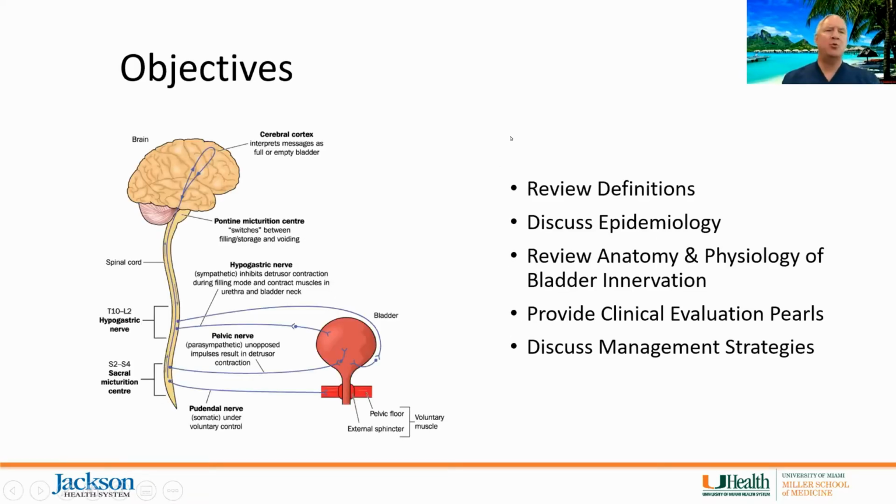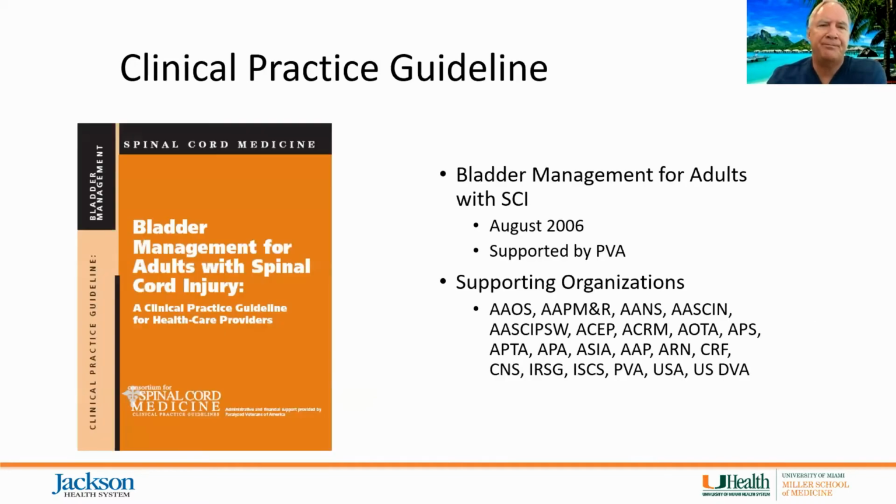So we're going to talk through first definitions because I think that's an important place to start. We'll talk through a little bit of epidemiology and then review the anatomy and physiology of bladder innervation. The neural innervation becomes very, very important to this population in particular. We'll talk through clinical evaluation as well as management strategies. So again,